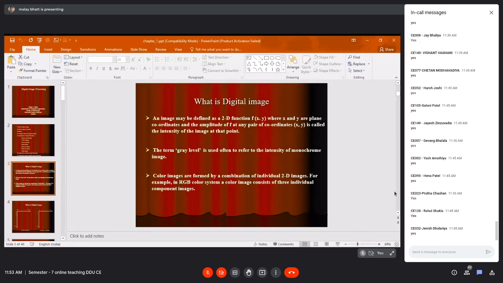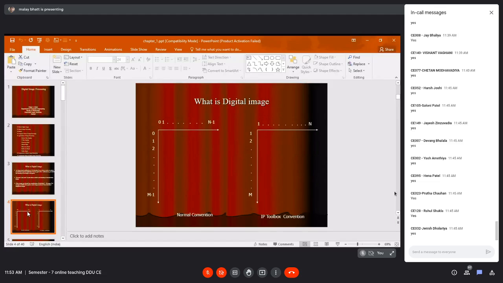And if you represent these individual planes, then we can say a digital image is like this. You can see we have an XY plane with 0 to n minus 1. Normally, if you are using C language as an implementation, our array is from 0 to n minus 1. And rows will be indicated as 0 to m minus 1.